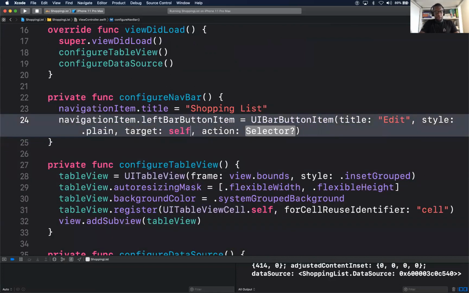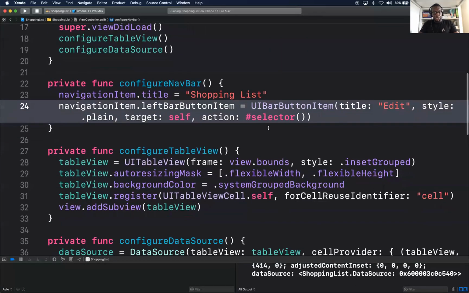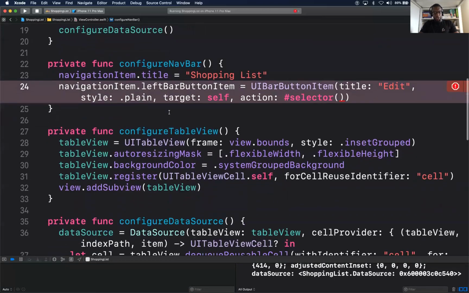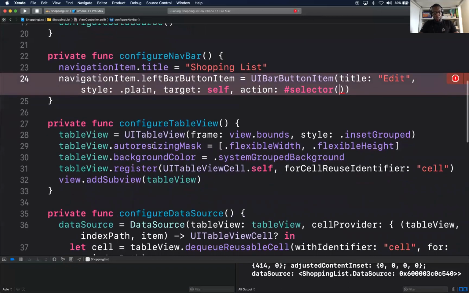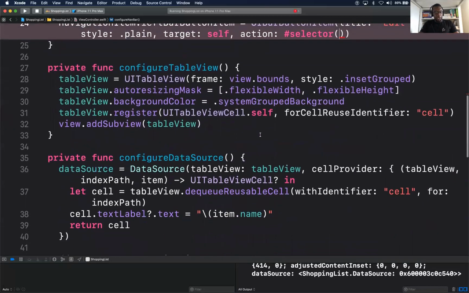Target self. And for this particular action here, we don't have an action yet, but just put selector. We'll give it an action. And the action is just going to be toggle table view for now. That's fine. Or toggleEditState. All right, that's probably better.